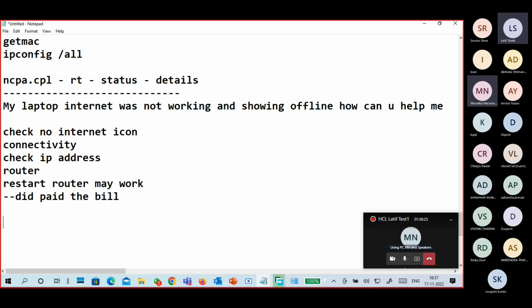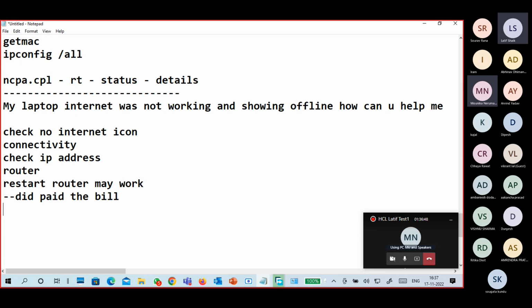The first one. Okay, so first of all you have to pay the bill, then ask for internet. Did you pay the bill? That is also important.